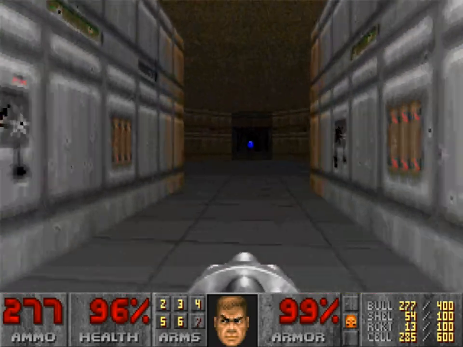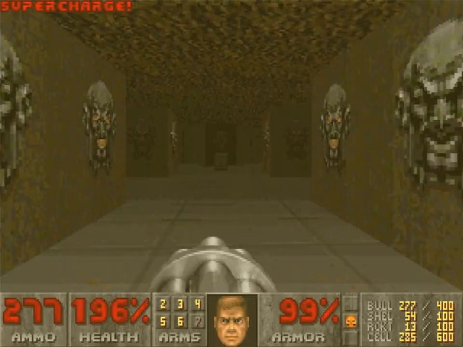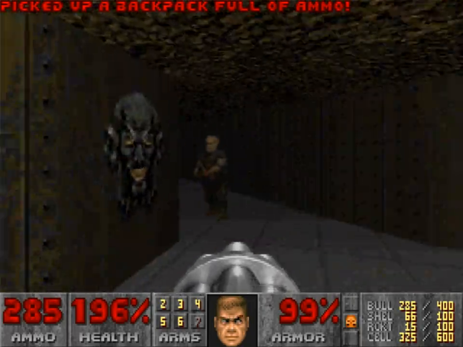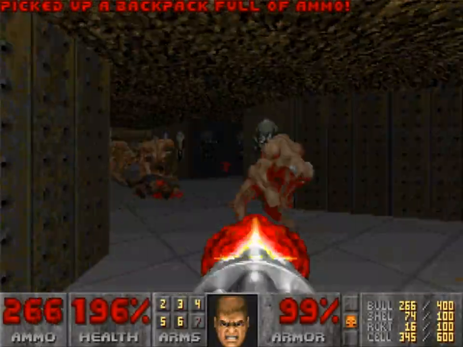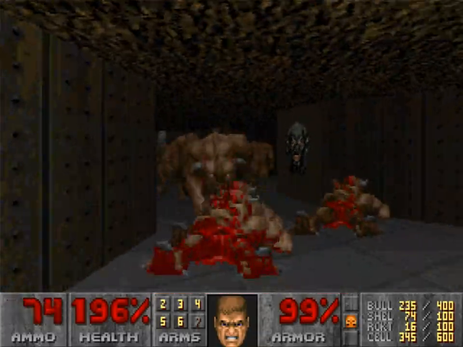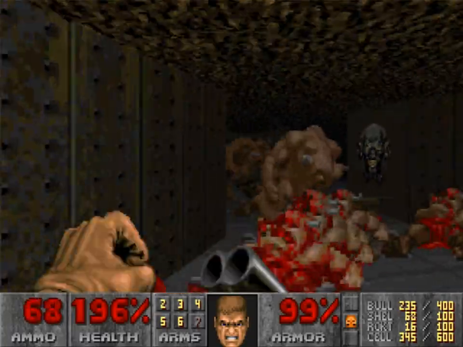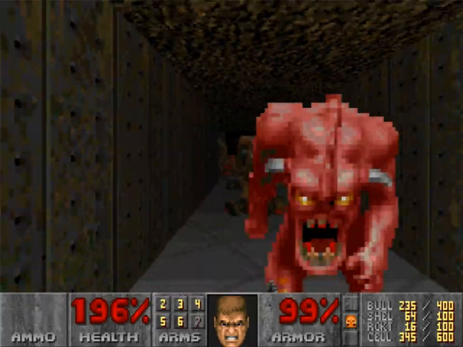I still think Tom Hall doesn't get nearly the credit that he deserves, and hopefully with him being recognized through his map, episode 2, map 2 of Doom 1, that map was voted by Doom World as the best map in Doom. Hopefully that is the kind of thing that helps him get more recognition as a designer, because he just was never as